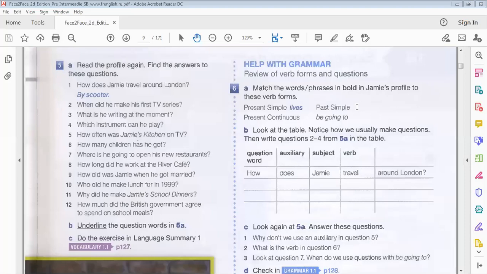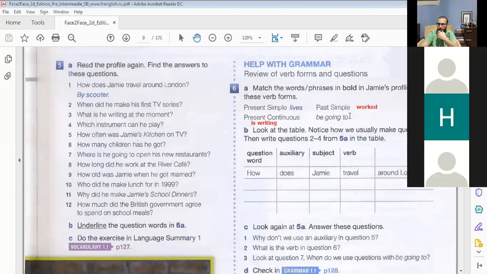So let's write the verbs we found. We found worked. This is past simple. Is writing. This is present continuous. And with the be going to, is going to open. He's going to open. All right, so these are some of the different tenses we used in